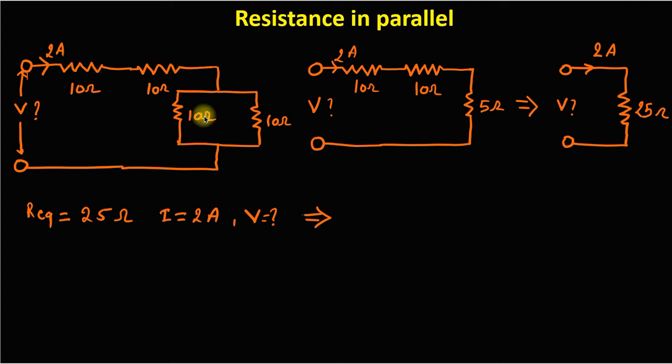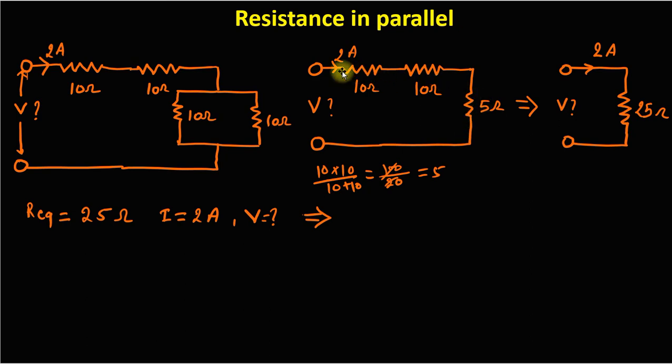So we can calculate directly using the parallel formula for these 10 ohm and 10 ohm: 10 times 10 over 10 plus 10, equal to 100 divided by 20, equal to 5. So the equivalent of this parallel circuit will be a 5 ohm resistance,